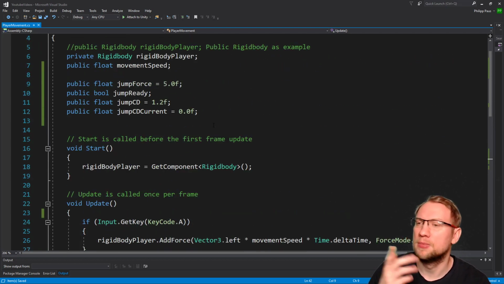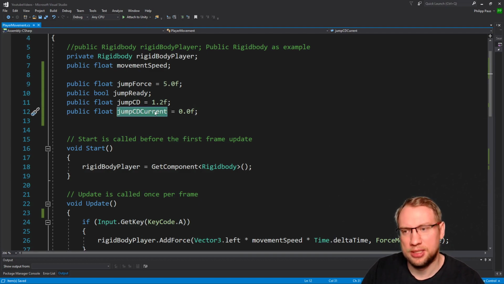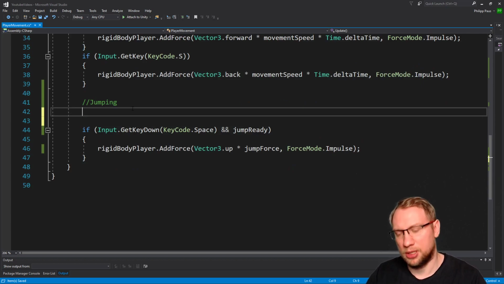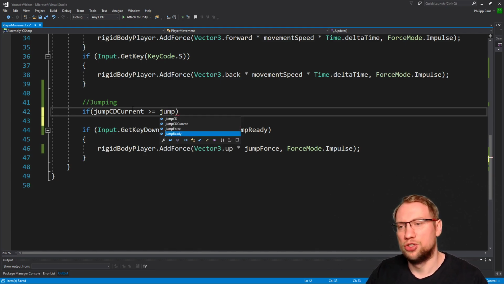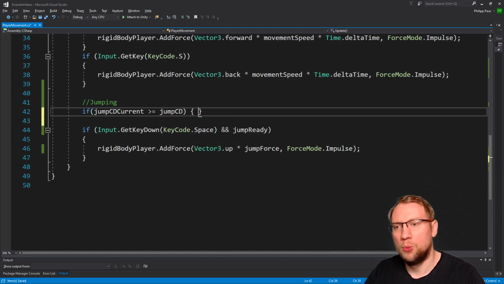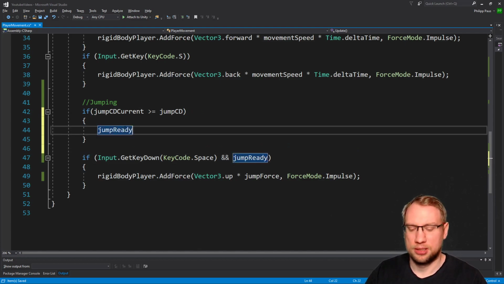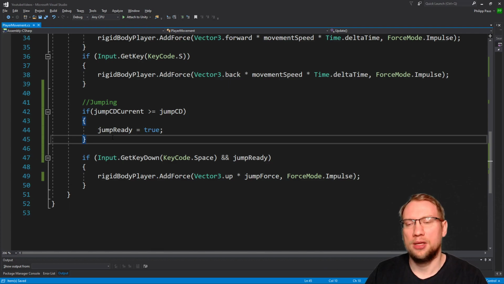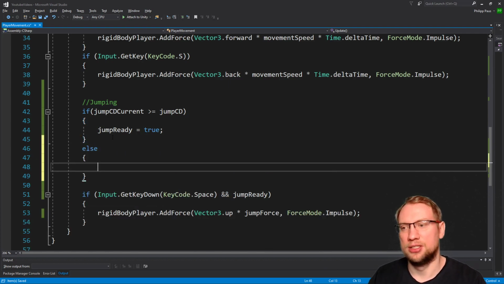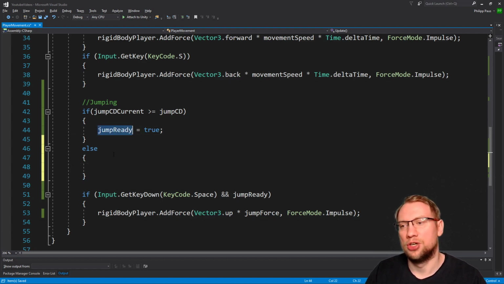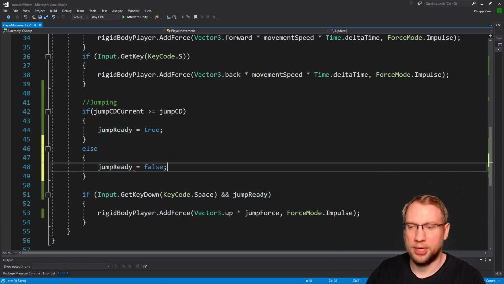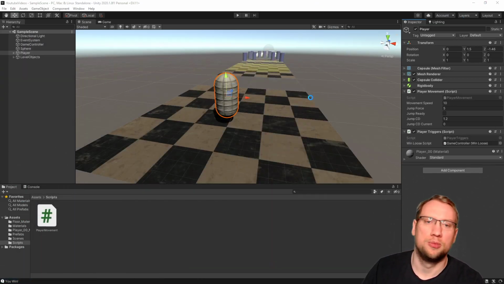So I'm thinking, of course, the jump is ready when the jumpCDCurrent is greater or equal than the jumpCD. So very simple. If jumpCDCurrent is greater or equal than our jumpCD, we will say, hey, jumpReady is true. If that is not the case, so else, we will say jumpReady is false. So we cannot jump. That's this. So if I hit save now and go back to my editor,